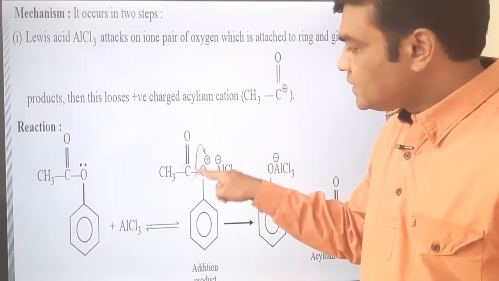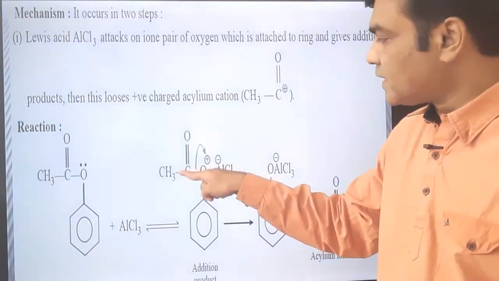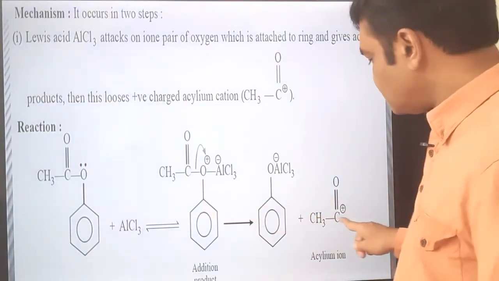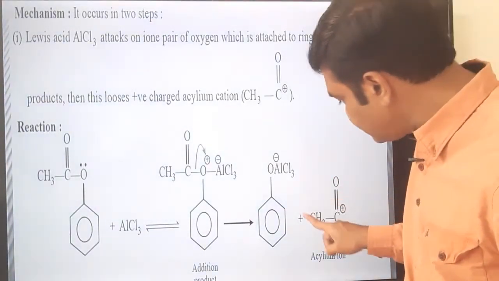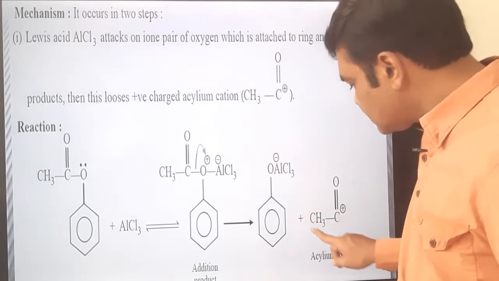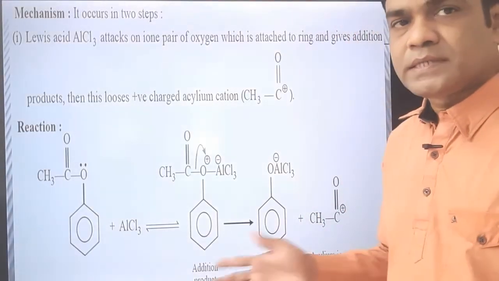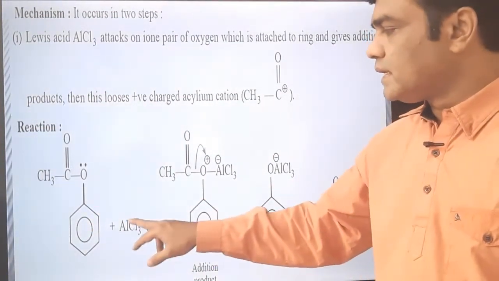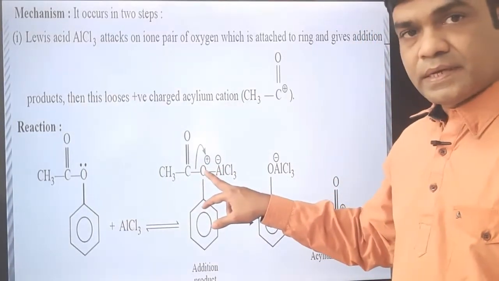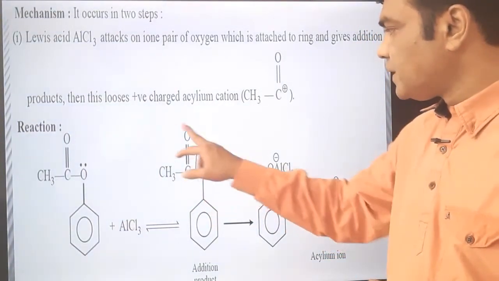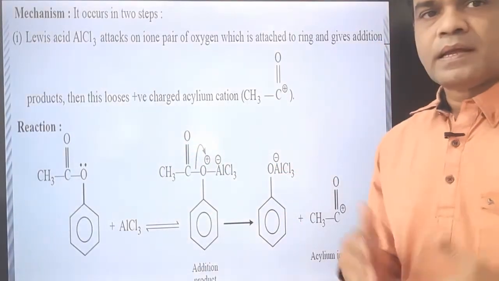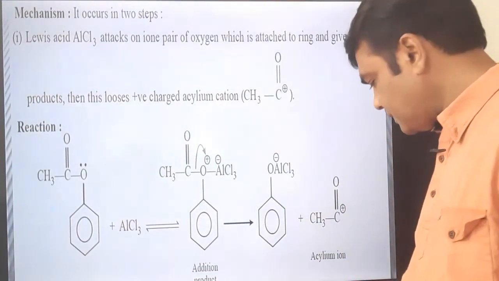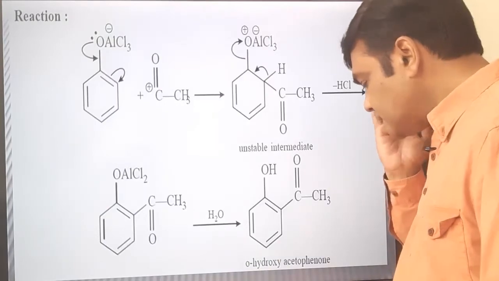Okay, and what is the charge on this carbon now? Now this carbon is electron deficient. So a carbon having positive charge is called a carbonium ion. What is the name of this particular carbonium ion? It is an acylium ion, or we can say it is an acetyl carbonium ion. So phenyl acetate plus AlCl3, bond formation, oxygen deficiency, oxygen gains its lone pair, and there is formation of the acylium ion. Now the acylium ion is again electron deficient. What is its need? Of course, its need is an electron rich center.